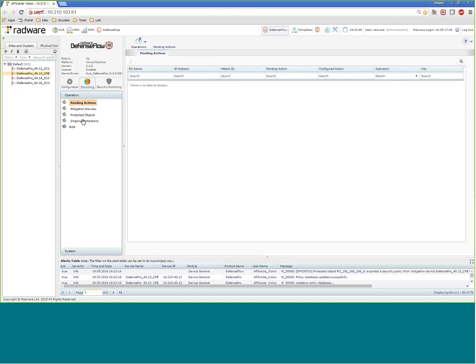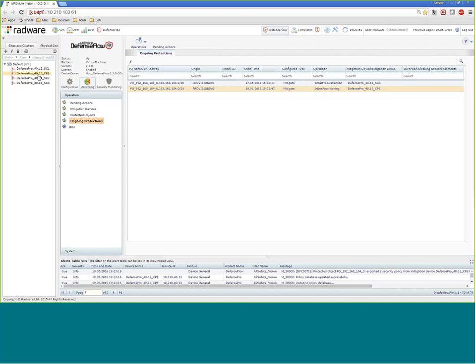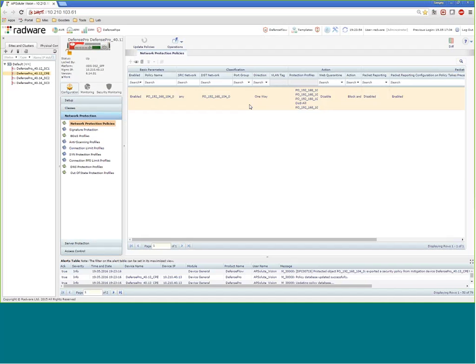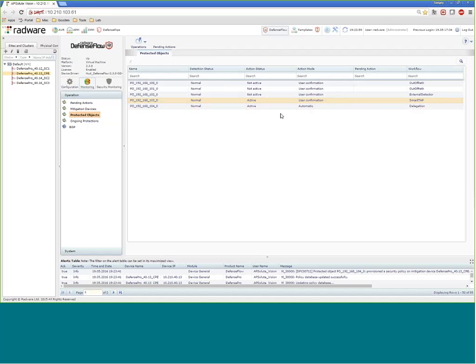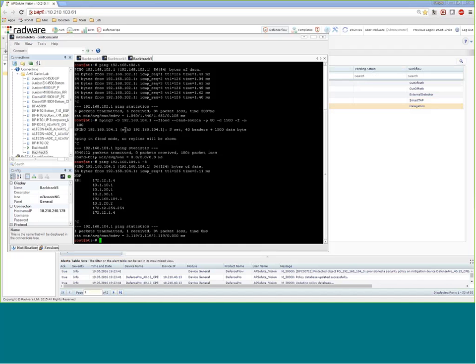So it should start provisioning. So I just want to verify that the policy is here. Okay, so the policy is here. The only thing that has changed here is it's now on automatic mode, as you can see. So let's start